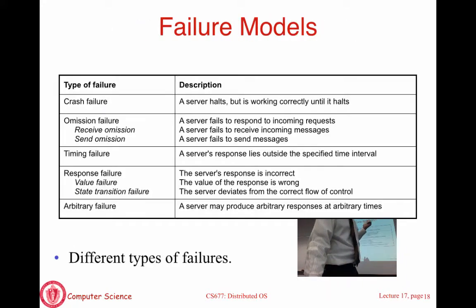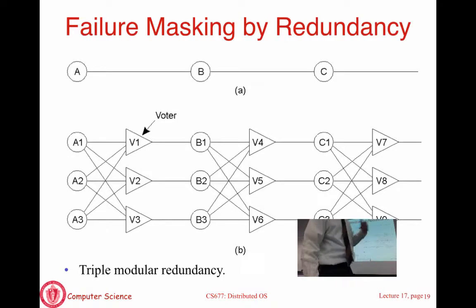Okay, since we have 5 minutes, I'm not going to go through more definitions, but I'm going to show you a voting example to build fault tolerance where individual components can fail. This is actually an electronic circuit. The top figure shows a circuit with 3 components A, B, and C. What the components are doesn't matter. We'll assume that some input comes to A, does some computation using an electronic circuit, and produces an output that's fed to B, B does the same thing, and feeds it to C.